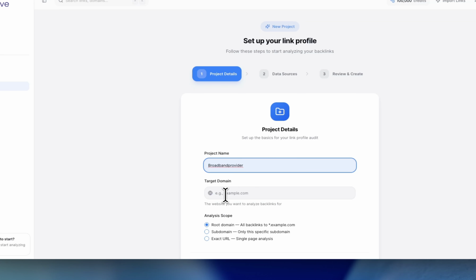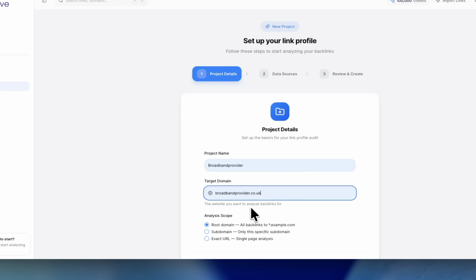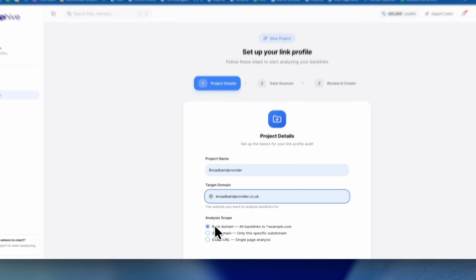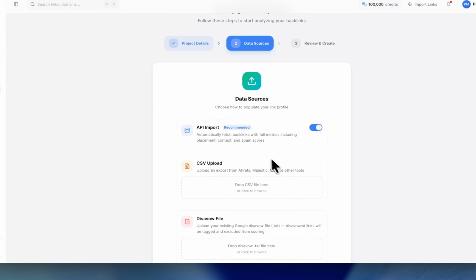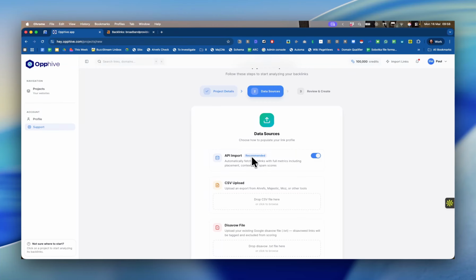And the target domain is broadbandprovider.co.uk. We're going to do it at root domain, so the whole of the website. Click continue. Data sources, we're going to let it pull from our API, so we're going to gather backlinks ourselves,